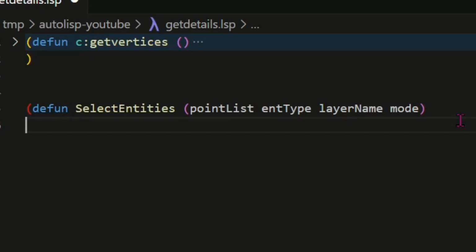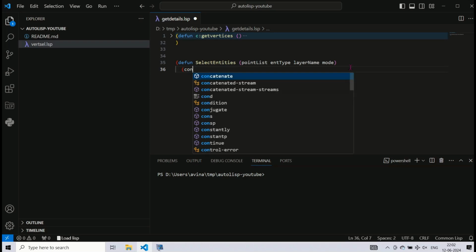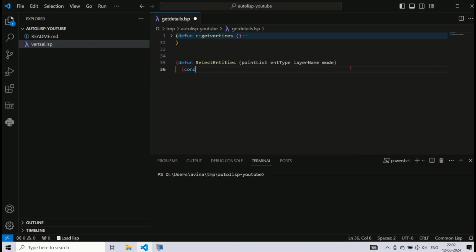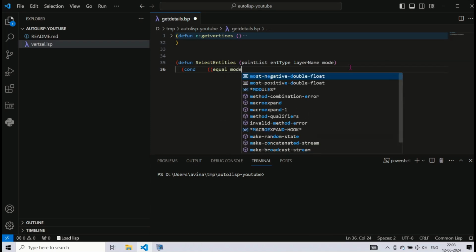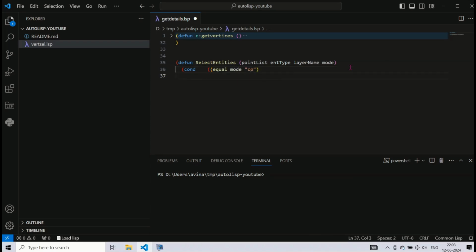This function returns all the entities of the given entity type on the given layer that are either completely inside, partly inside, or cross the polygon defined by the point list in the first argument. The ssget function is now called with a filter argument apart from mode and point list.